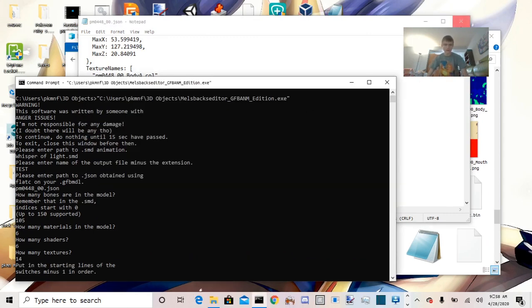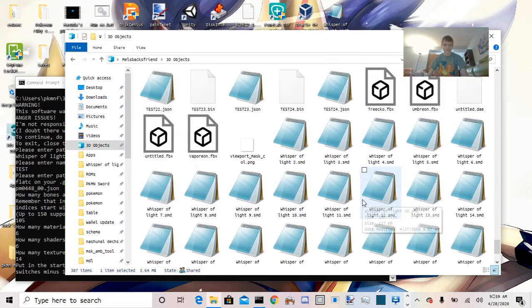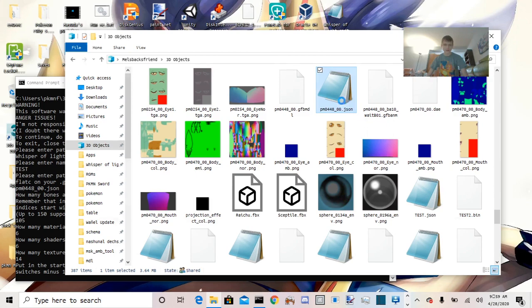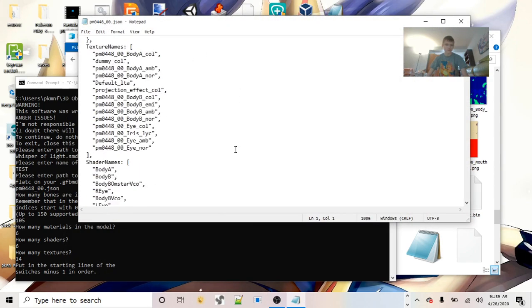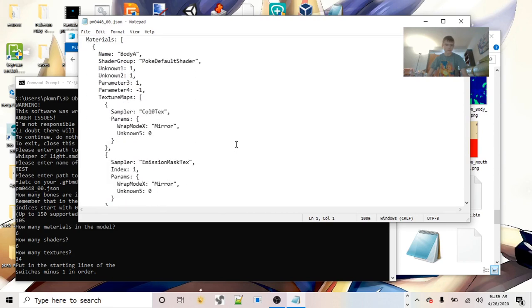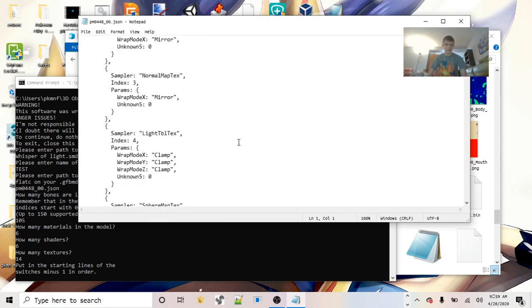And now this is where it stops being user-friendly. It asks you for the line in the file where you start stuff. But here's the thing about this. Per material, there are two sets of switches. Ignore the second one, like Spanish subtitles. We only care about the first one.